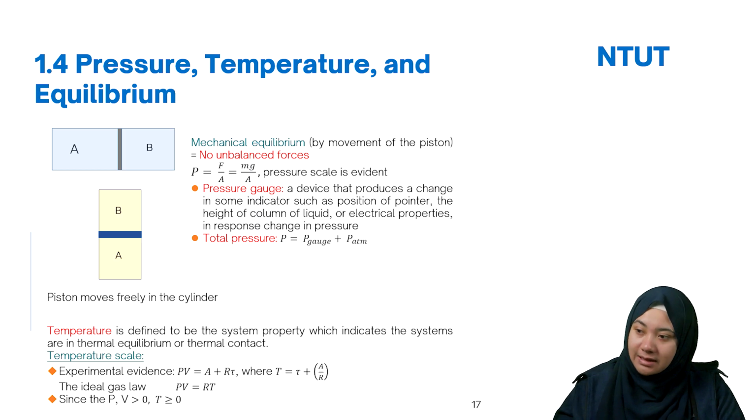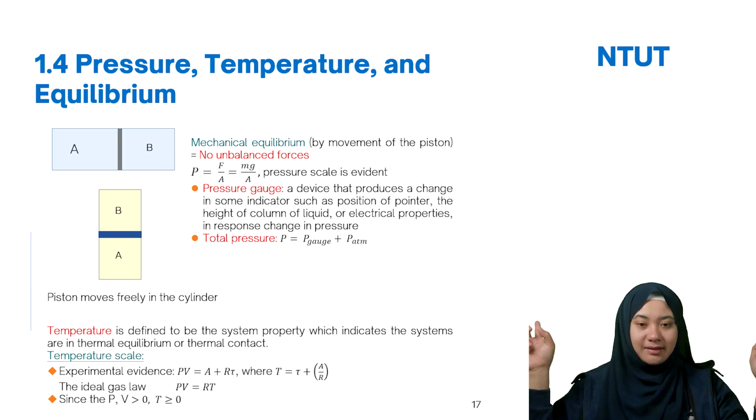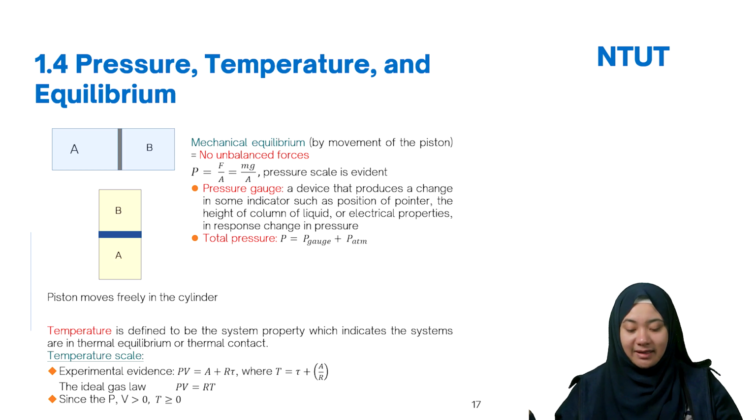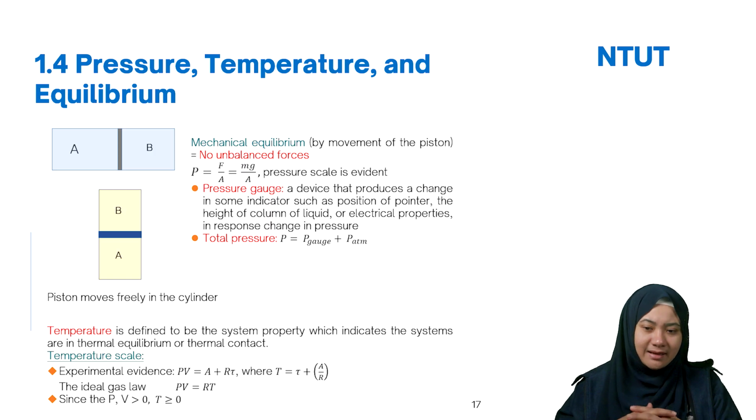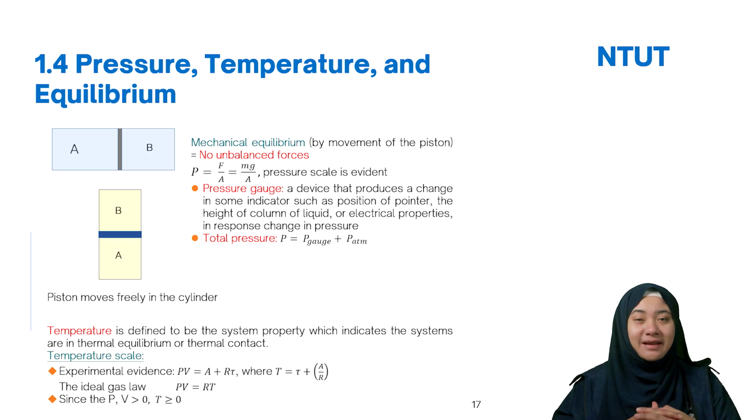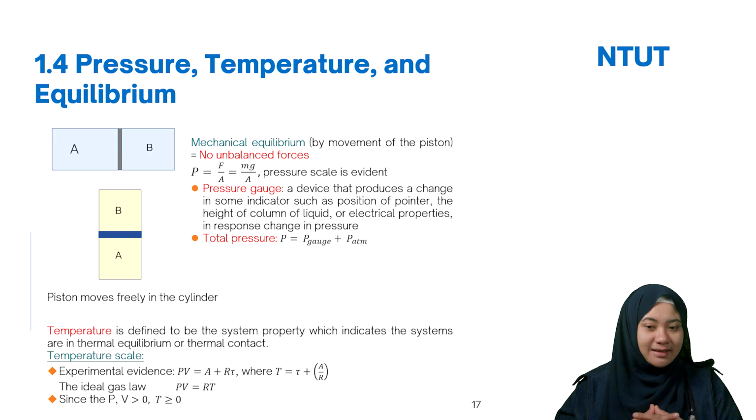But if you ask me about the pressure around us, where we breathe in the air, is this an ideal gas? No, it's not ideal. Because if you check pressure, in senior high school we always assume the pressure is 1 atm, and we assume that this is the ideal gas law.